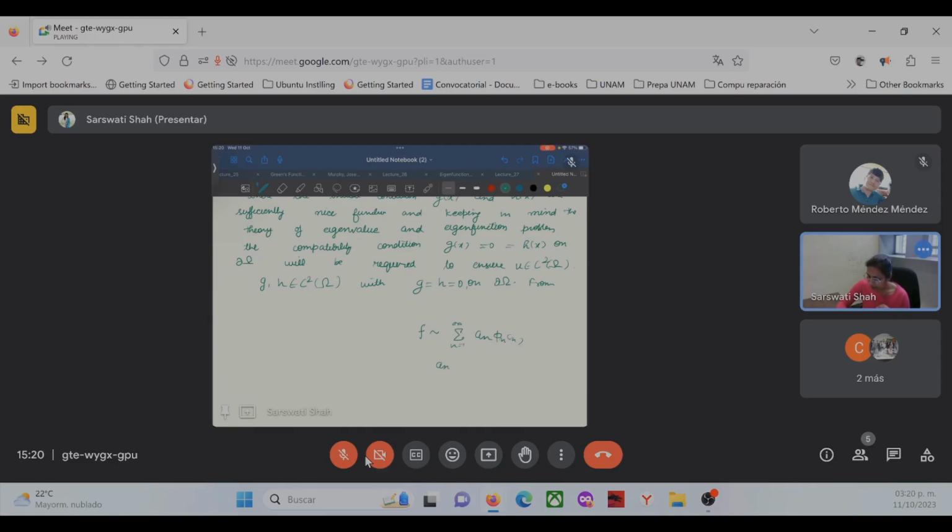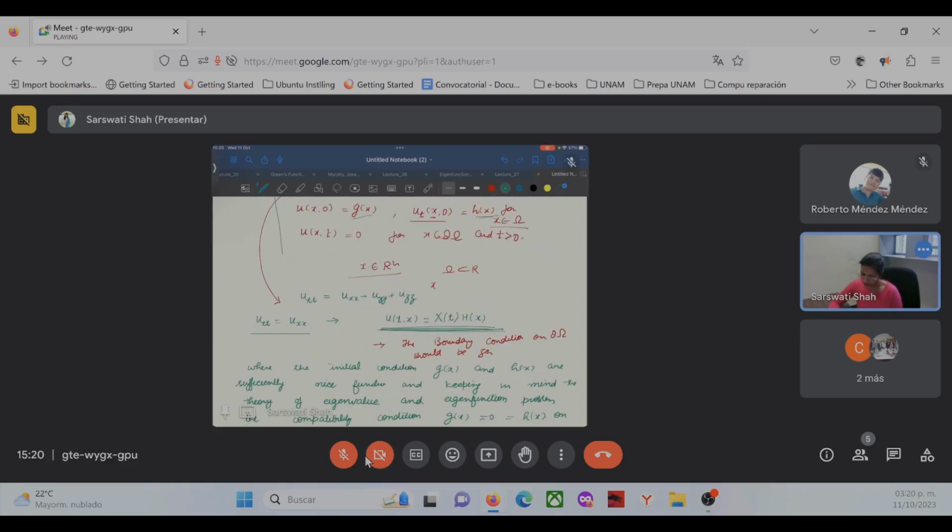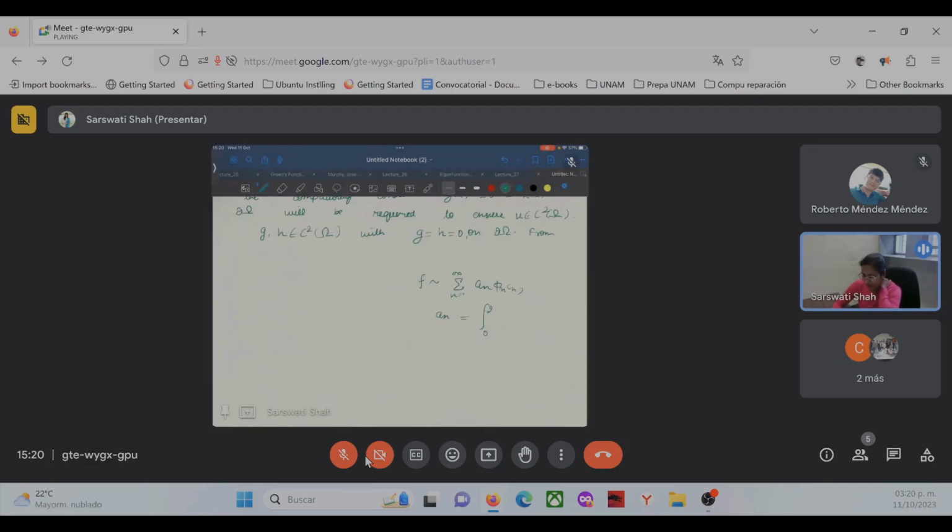And from here we calculate the value of a_n from 0 to, sorry, we cannot write here 0 to 2 pi; rather, we have to take the domain Ω, because earlier we took the domain (0,a) cross (0,b), so we took a rectangle. But here we don't have a rectangle, we have a domain Ω. So because of that, this a_n is going to be